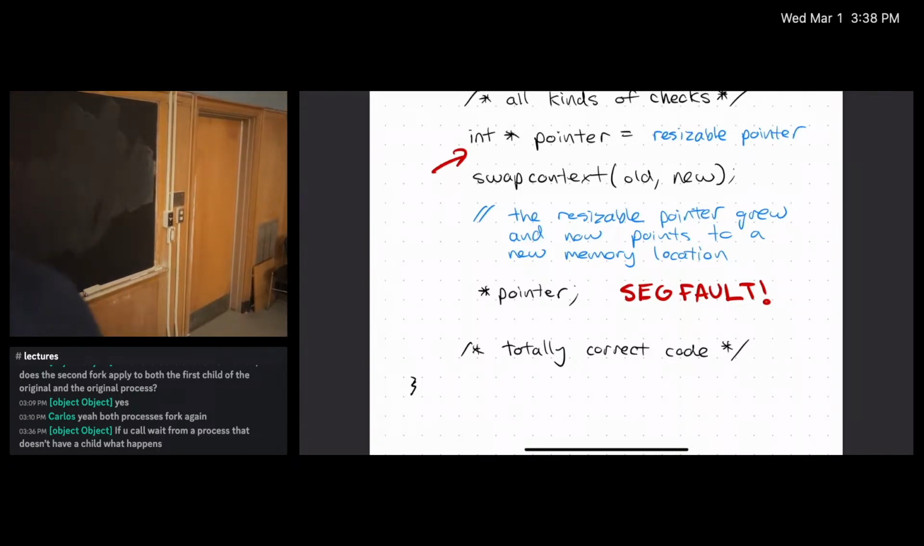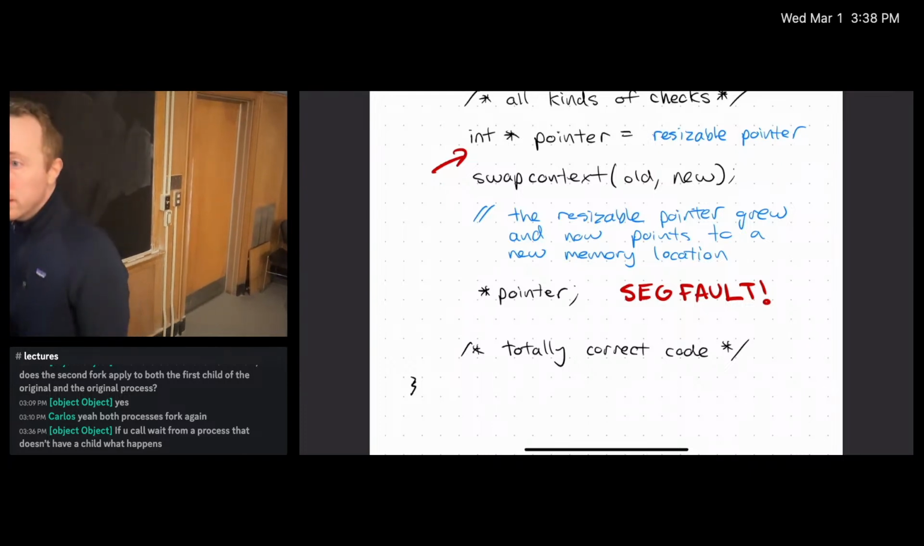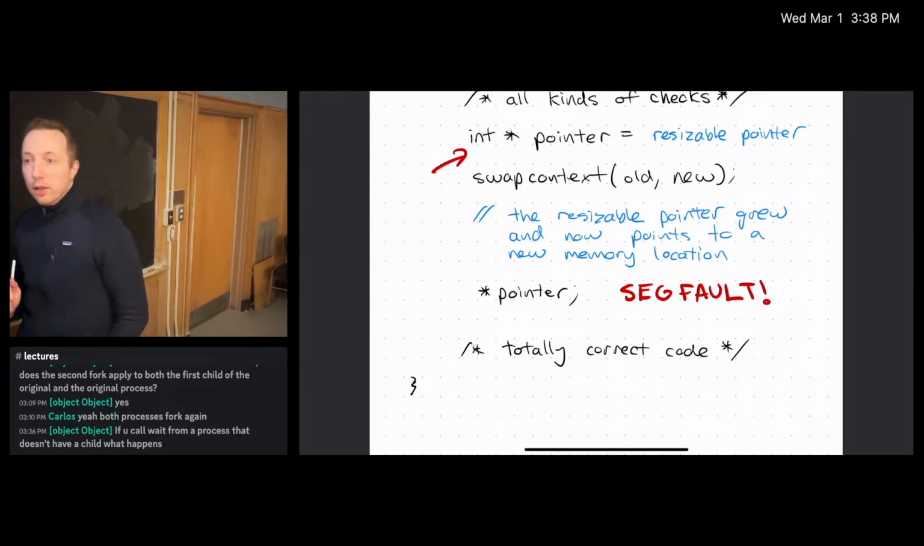Everyone loves C. Yep. Sorry, what is the resizable pointer for? I thought we were supposed to use the tail view. Yeah, so